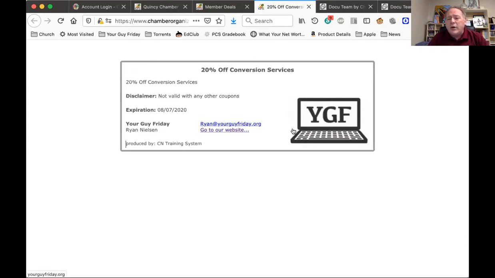Now, the question was, does the chamber have to approve the coupon that is submitted? Most of the chambers have actually chosen the option that coupons go in for approval before they're public. So most likely that is the case, but there would be some examples where you're going to see chambers that have not chosen to require approval first on that. So wanted to answer that one.